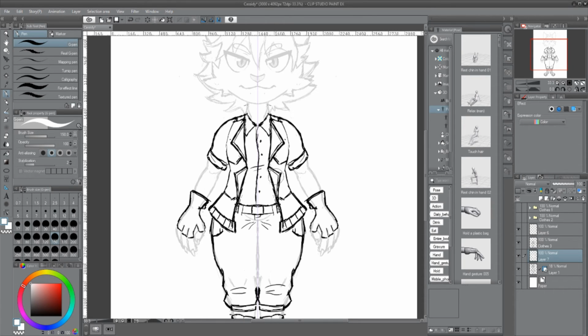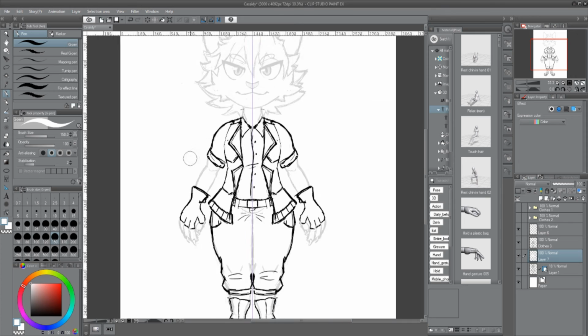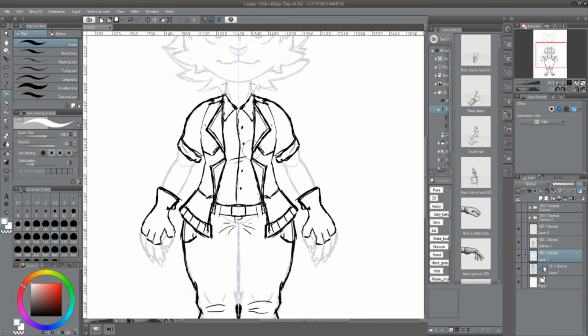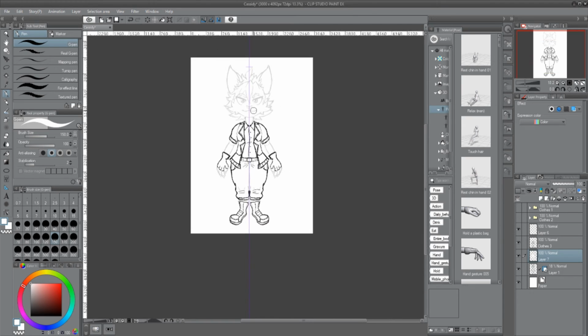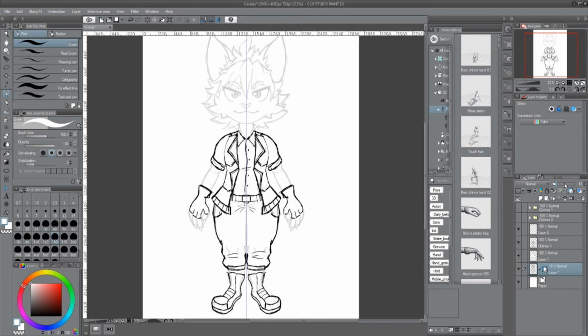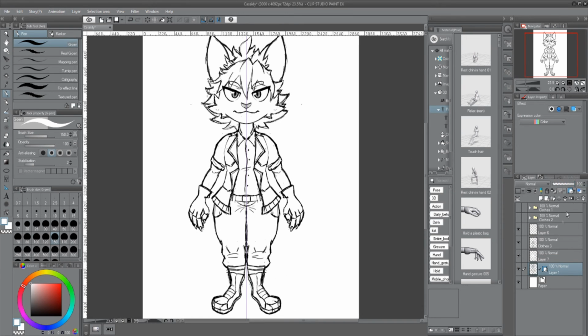Only rub out the lines you need though, because obviously I've got the crotch area. That has to stay, because if I rub that out and then put the opacity back up, it would look funny. Because the character wouldn't have a crotch. So I'll quickly do that. Yada yada yada. So when you do this on the lines you've drawn, the clothes lines, I'm dying today. So now after that you raise the opacity and voila, you have clothes.